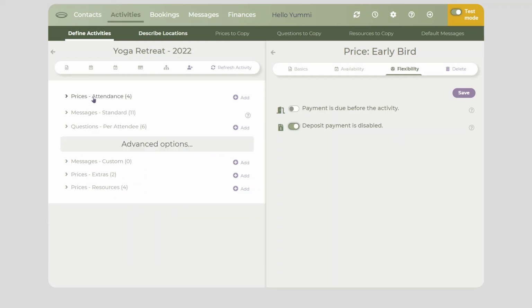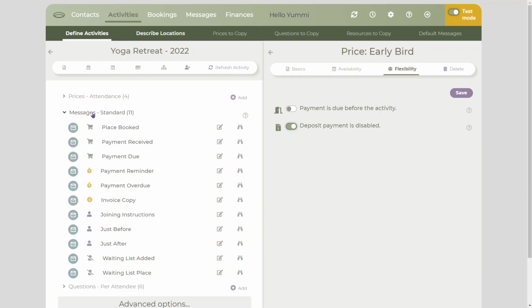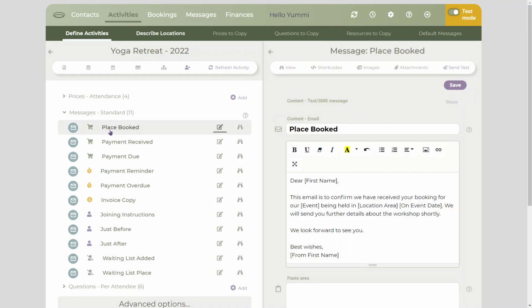So if we close that one, the next one then is our 11 standard messages. So if we open that, you'll start to see some names of messages or types of messages that have already been familiar to you from what we've looked at before, but this is where we define their actual content. So we started off with the place booked message when we looked earlier at booking people onto an activity. So if we click on that, we can see over here on the right the actual text of that message